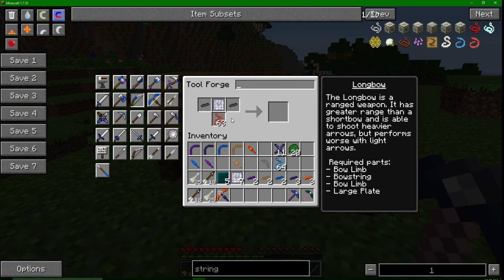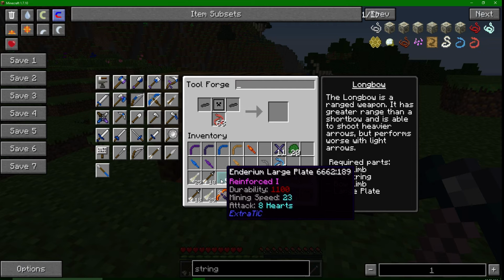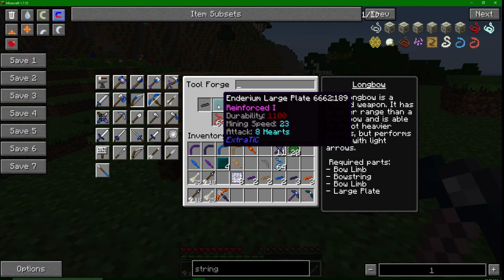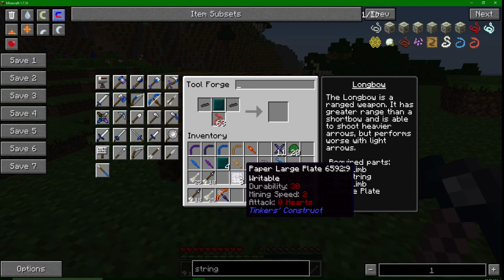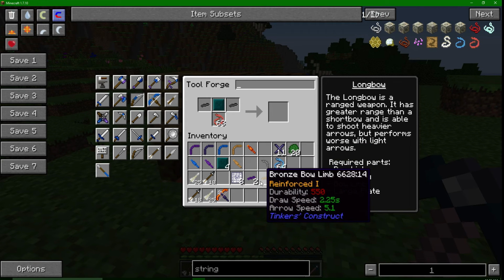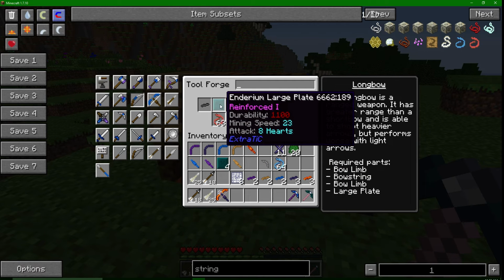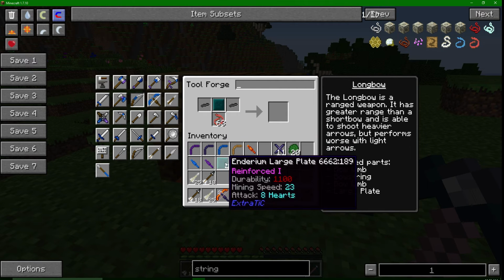Paper binding, and then he put quartz on. You should never put quartz on a bow. You know, if you want the damage, it's 8 damage modifier. This is 0. You won't get any from this, and this gives you higher durability. Alright,